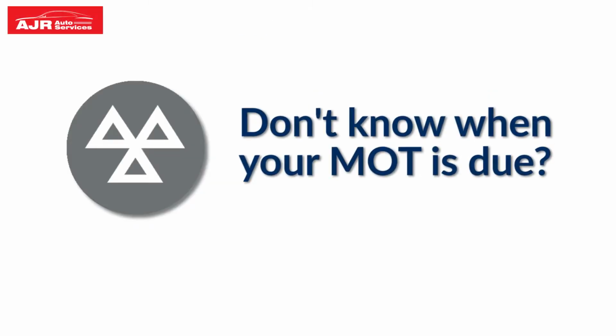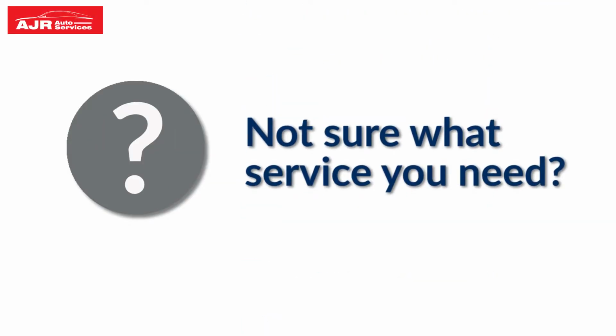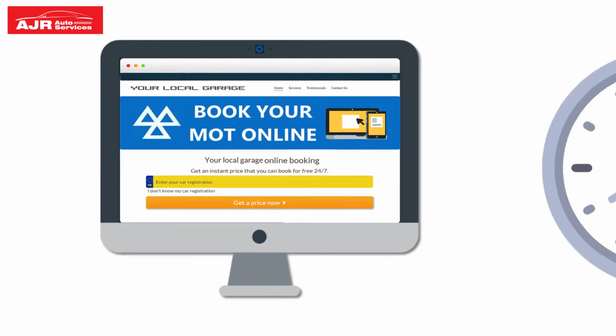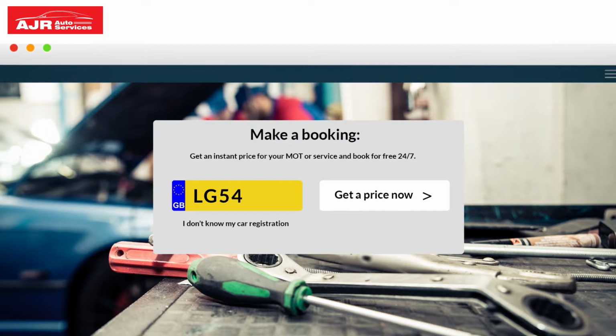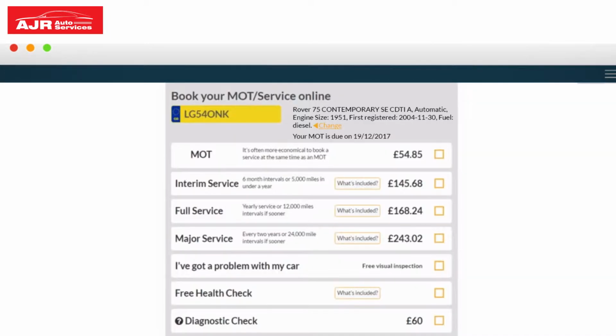Don't know when your MOT is due? Not sure what service you need? Find out what service you need and get an instant price in 20 seconds. Enter your car registration. It will show you the details of your car and prices, as well as your MOT